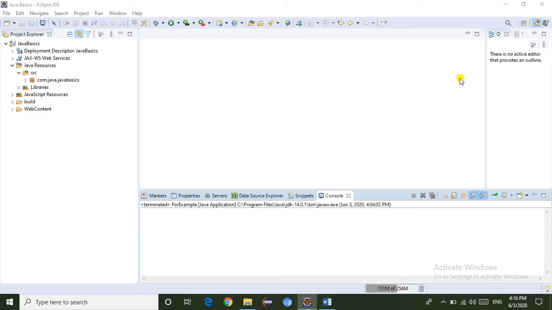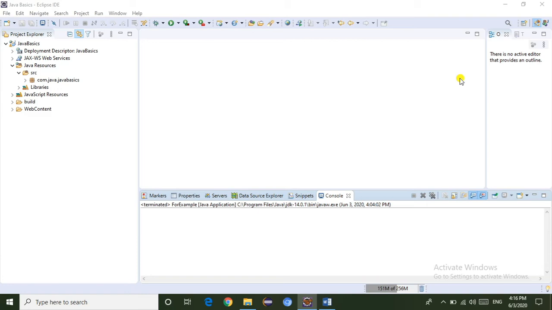So what about do while loop? The do while loop is also the same as while loop. The main difference between the while loop and do while loop is that the do while loop executes the block of statements at least once even though the condition fails.